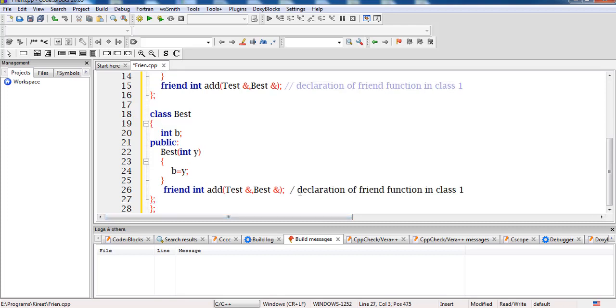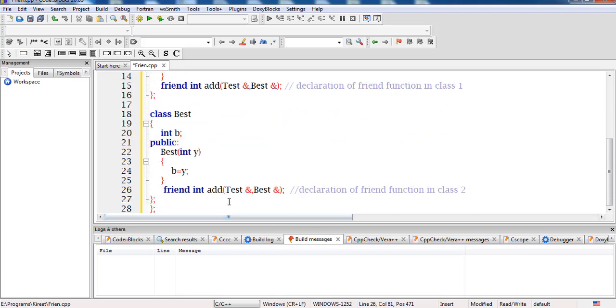In both the classes we have to declare this non-member function, that is a friend function. Because I am accessing the data variables of both these classes with this friend function, it must be declared in both the classes.